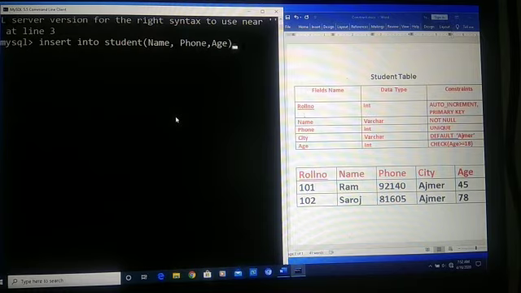Then we will write values, and the values should be: for name, Saroj.